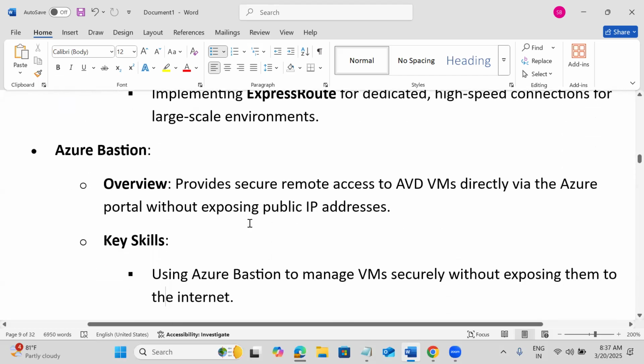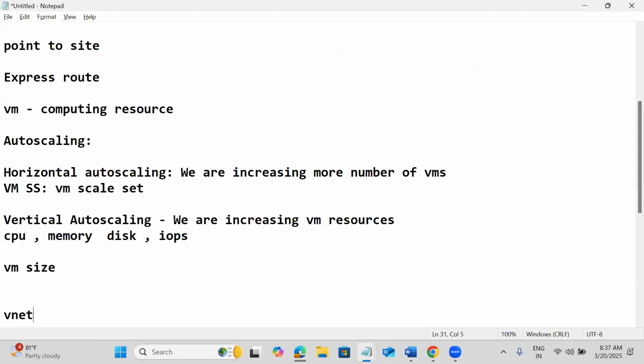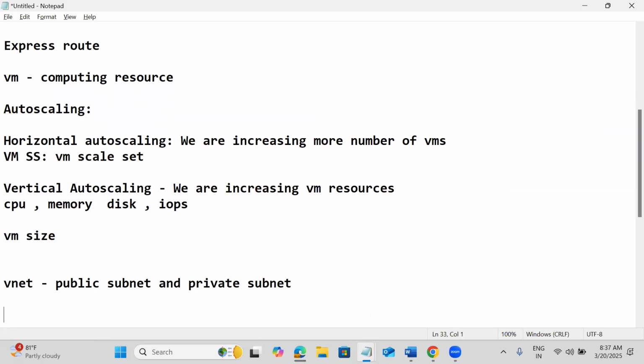And Bastion host: to understand the concept of Azure Bastion host, now here we have an Azure VNet. In my VNet, I have public subnets and private subnets. What are public and private subnets? Public subnet resources are accessible over the internet. Private subnet resources are accessible only within the VNet itself. Then I have one VM in a private subnet. I want to access that.